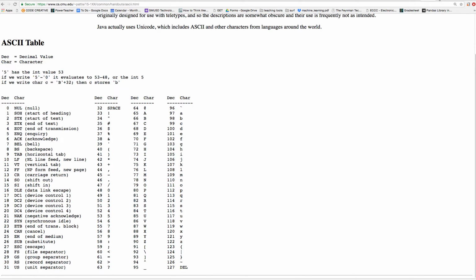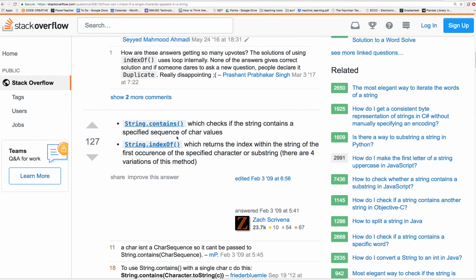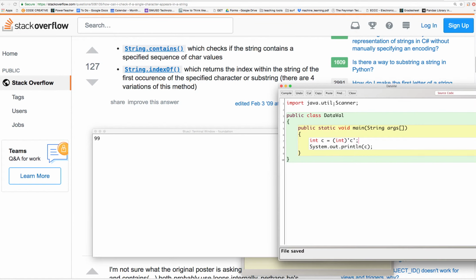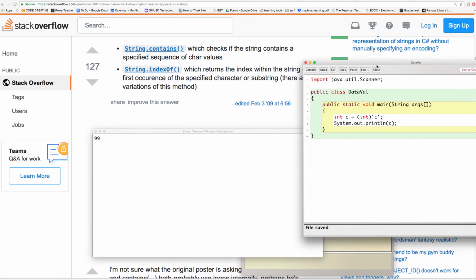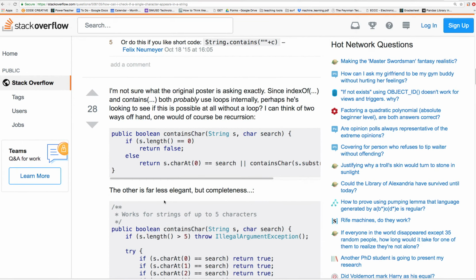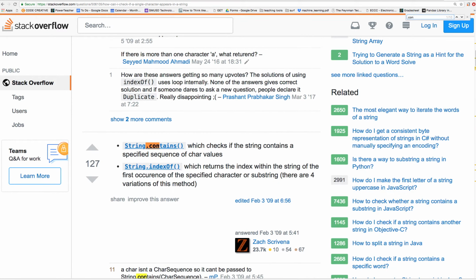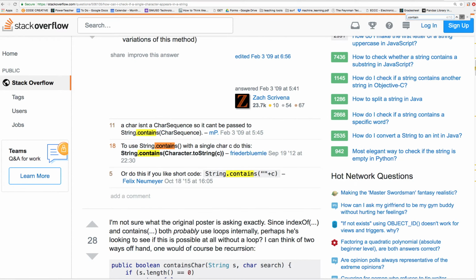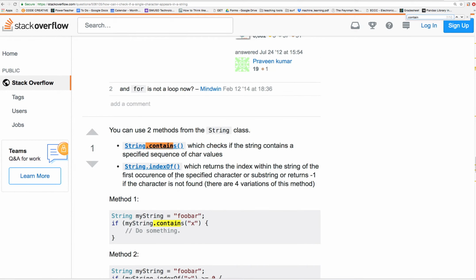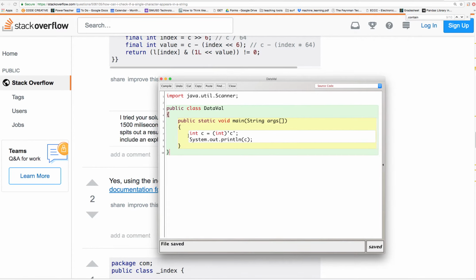An alternative way to get that done is to use string.contains, right? And so how does that work? Well, let's see if there's an example here. Contains. Okay, no, I don't have it. Well, what we can do here is